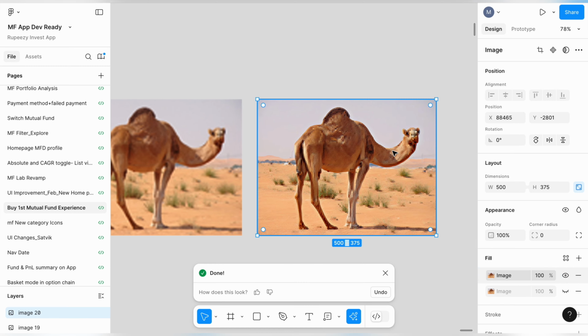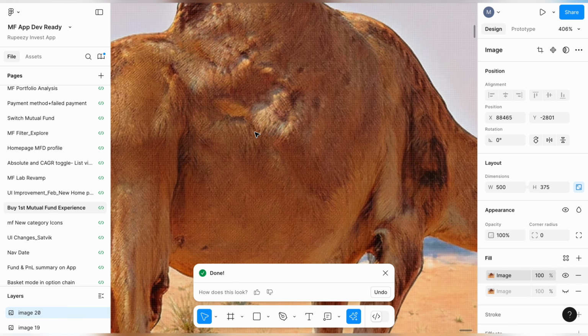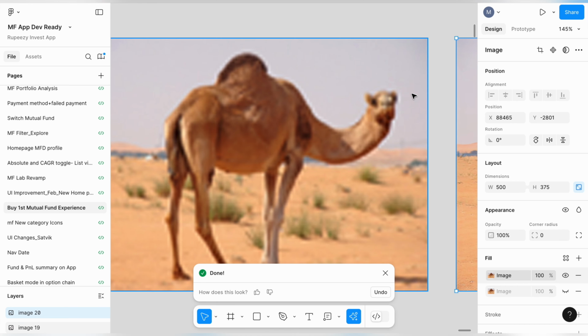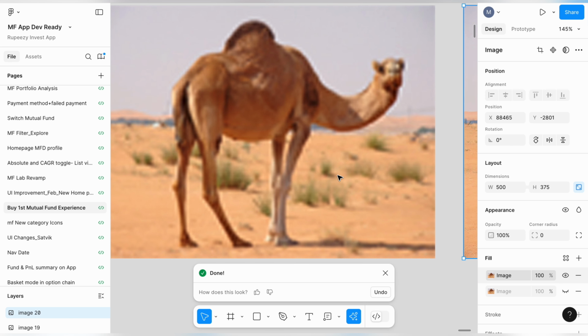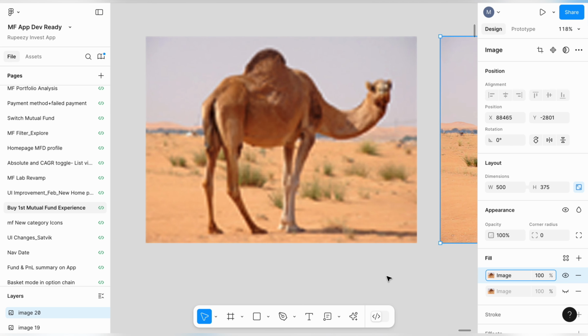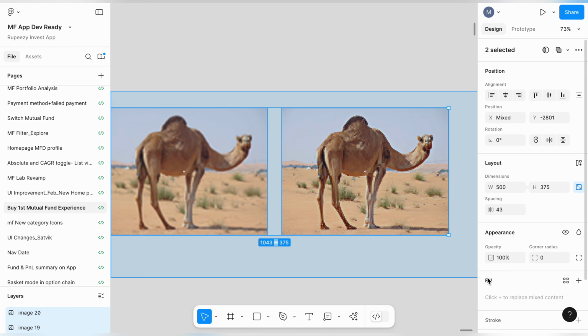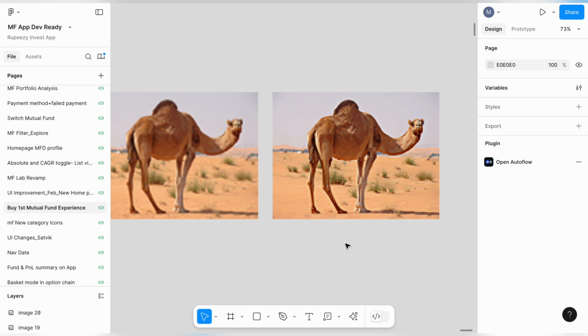Yeah, it's working. So now can you see the image? It's been detailed out. You can at least see the face now, the camel face. Here the face was not clear, it's quite blurry, it looks like the camera resolution was quite low when the picture was taken. So if you spot the difference, this plugin, which is in AI beta and only available for professional and above plans, is helping us boost the resolution up. So if you are using any low quality image in your design, this feature is gonna help you a